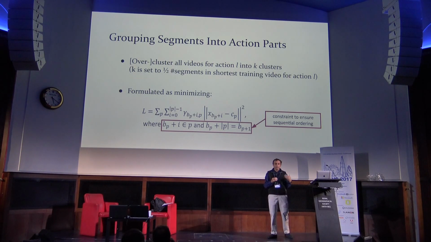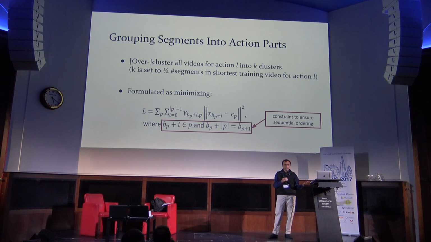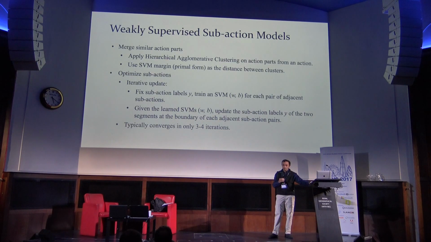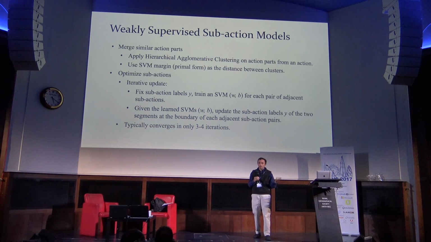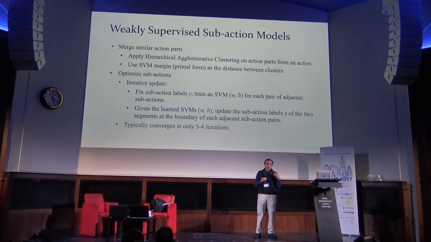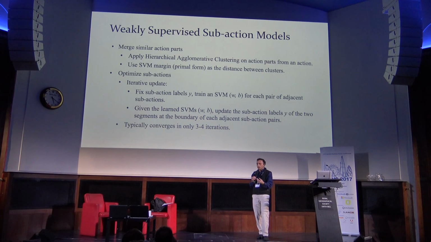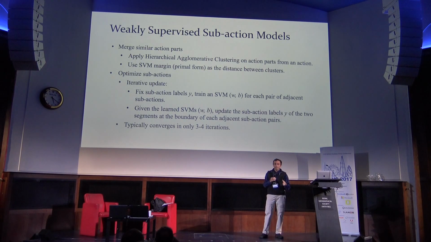And this is some kind of segmentation in time that gives you the ingredients that you need to create the sub-action models. And so the sub-action models themselves can then be leveraged to create individual models for the sub-actions, but because it's weakly supervised, you don't have the label saying this is the approach part of the long jump versus the final part, so you need to do some tricks.